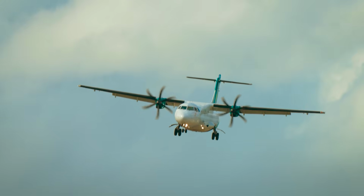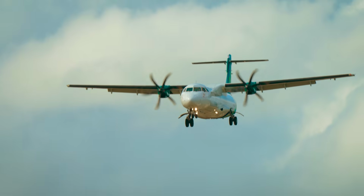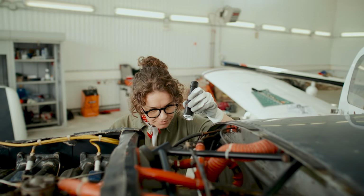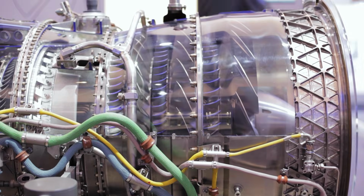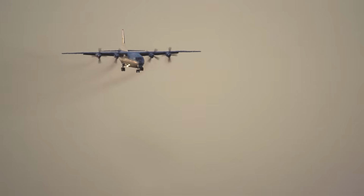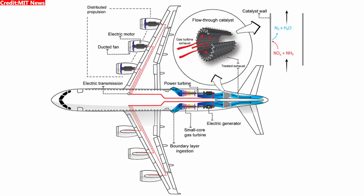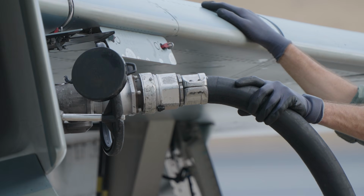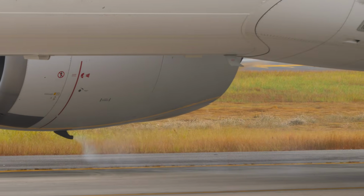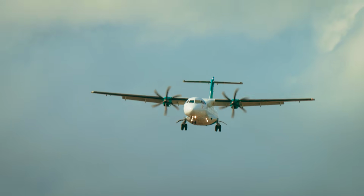To test this concept in real-world conditions, the hybrid propulsion system is being integrated into a modified de Havilland Dash 8 aircraft. This experimental platform will allow engineers to evaluate how the engine, motor, batteries, and power electronics operate together under actual flight conditions. Early projections suggest that hybrid electric propulsion could improve fuel efficiency by roughly 30% compared with conventional regional turboprop aircraft. That improvement may not completely eliminate aviation emissions, but it represents a meaningful step toward more